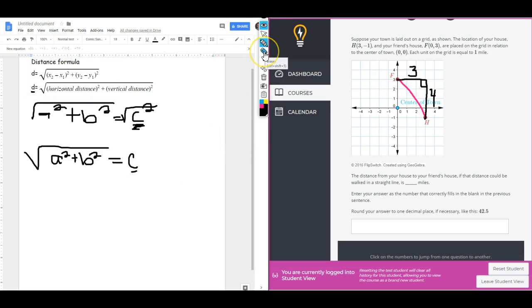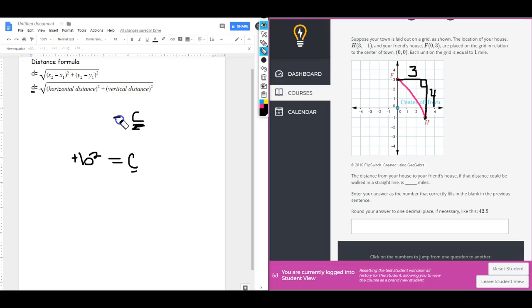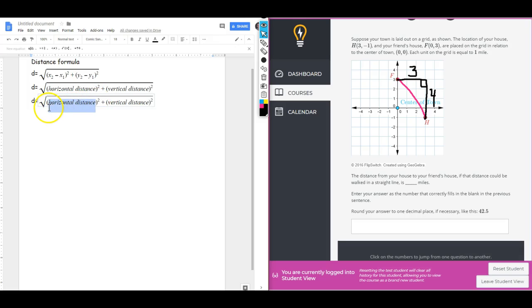So that is why I'm saying you could always go back to the Pythagorean theorem if you wanted to, instead of memorizing that distance formula. So with that being said, the distance is equal to the square root of the horizontal distance squared plus the vertical distance squared. Well, we counted out the horizontal distance to be 3, and we counted the vertical distance to be 4. So if you jump into your calculator,